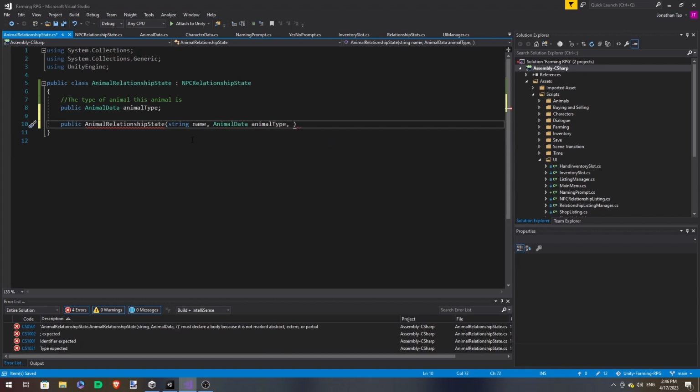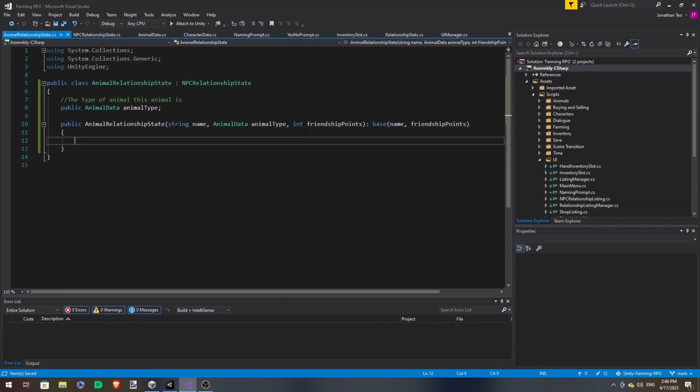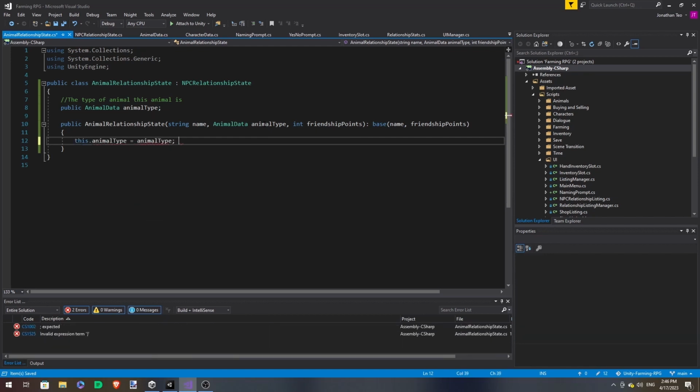This is for when we're loading in an existing game. And this will inherit from our base name and friendship points. And the only difference is we're going to set the animal type.